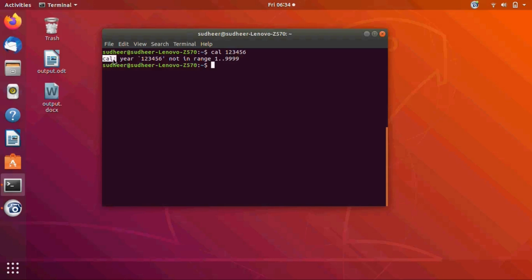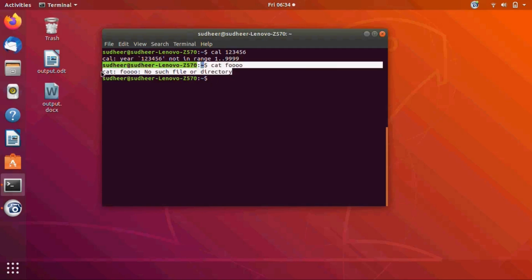Here you got the error message from the shell saying that the calendar year 123456 is not in the range, because the year is not in a valid range. One more: cat with the file name foo. Foo: no such file or directory. This is the error message you got.